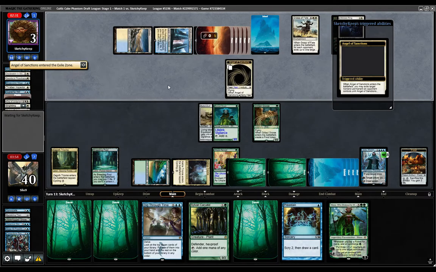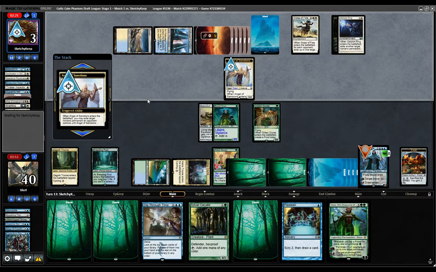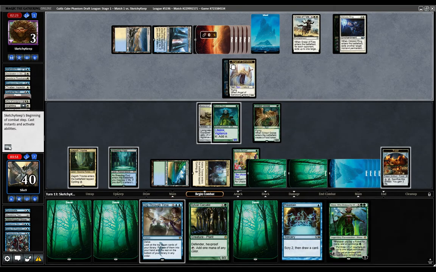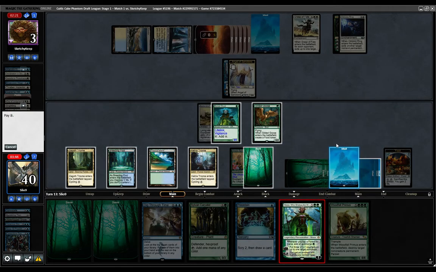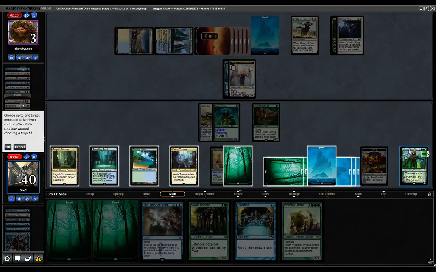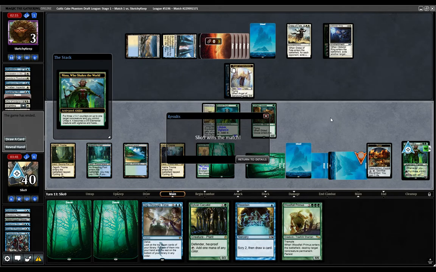Embalm the Angel. Get rid of the Jace. And that's game. Yeah, we also have Woodfall Primus auto-ring to get Oko, and there's a lot of lines there. Basically, we have haste threats, so...